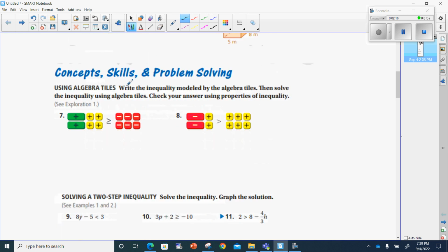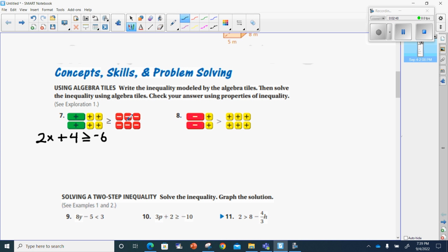And we're off to number 7. Write an inequality modeled by algebra tiles, and solve the inequality using algebra tiles. Check your answer using properties of equality. This to me looks like 2 times a number, right? I don't know what that number is. It's a positive number though. Now we're adding 4, right? So plus 4 is going to be greater than or equal to negative 6, because there's